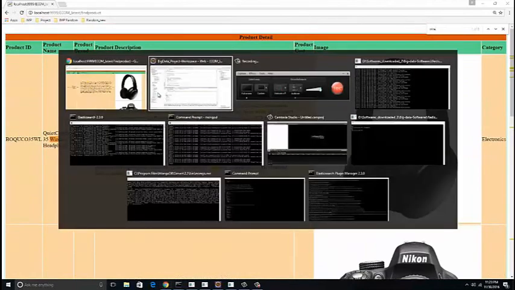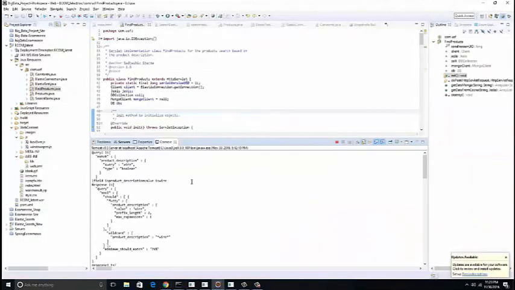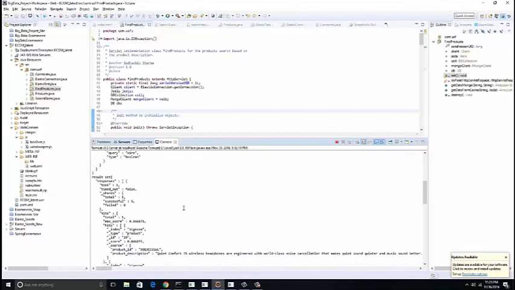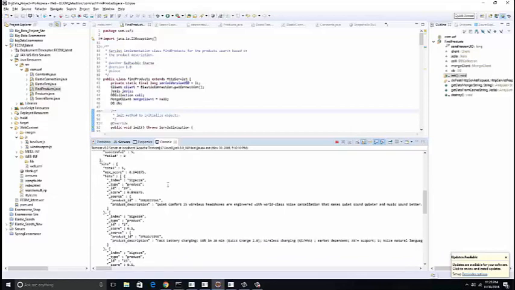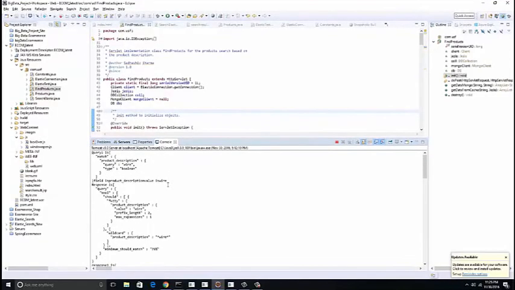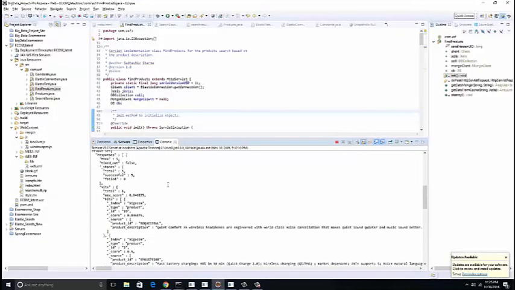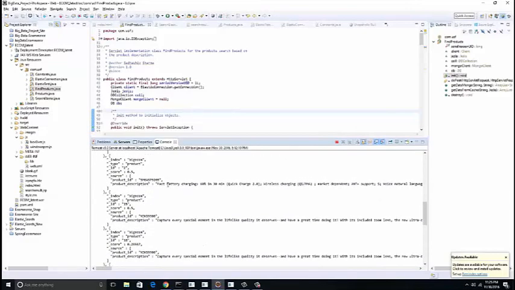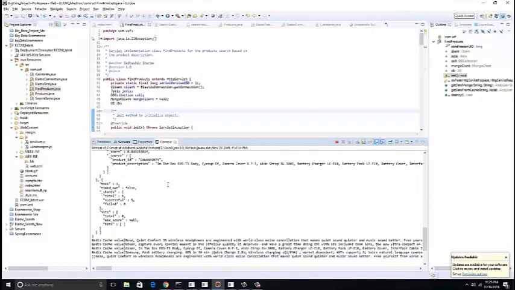Now coming back to the console, a lot of products which contain the term wire have been found out. So as you can see in the console, every product containing the term wire has been found using Elasticsearch.